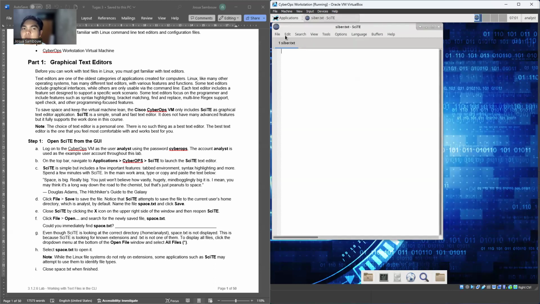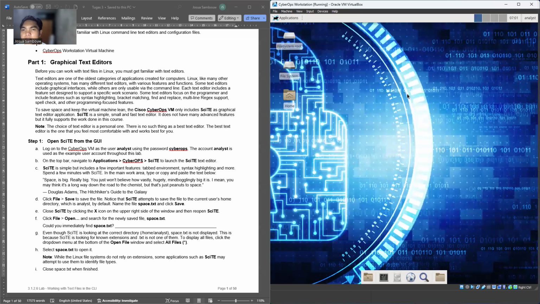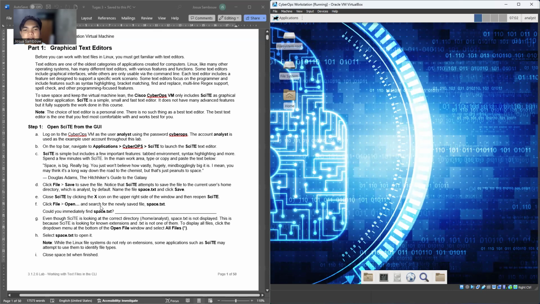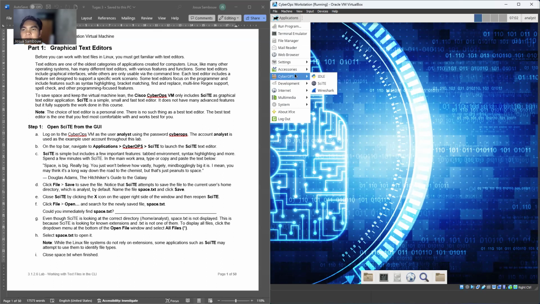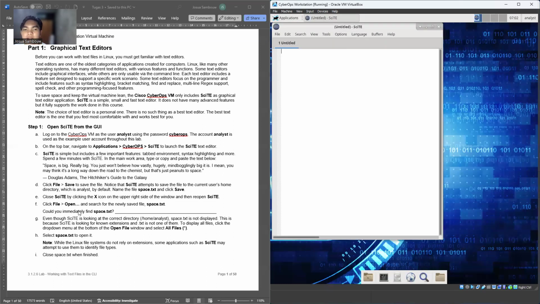So the file name was changed, which is cyber.txt. Okay, and click save. Now next is close the CTE by pressing. Okay, we close the CTE, and then open again the CTE, and find